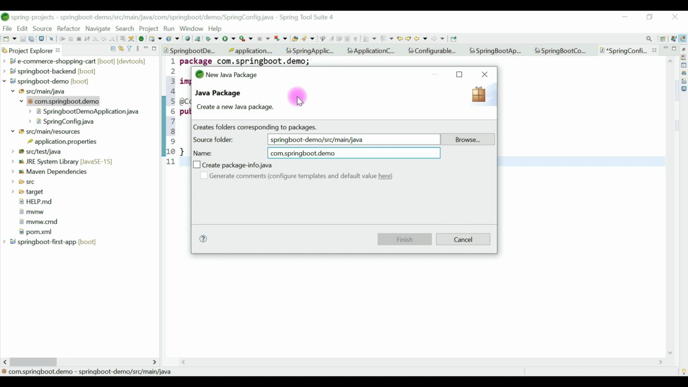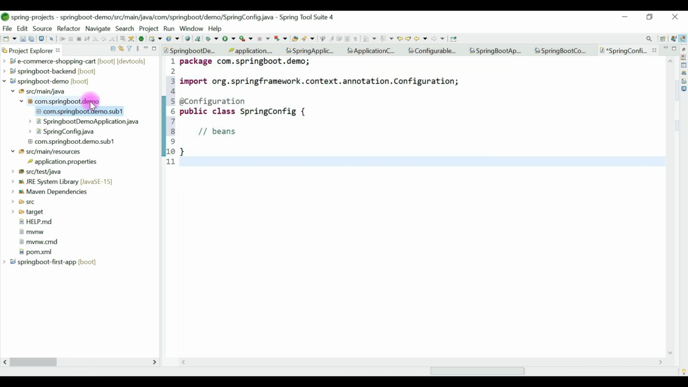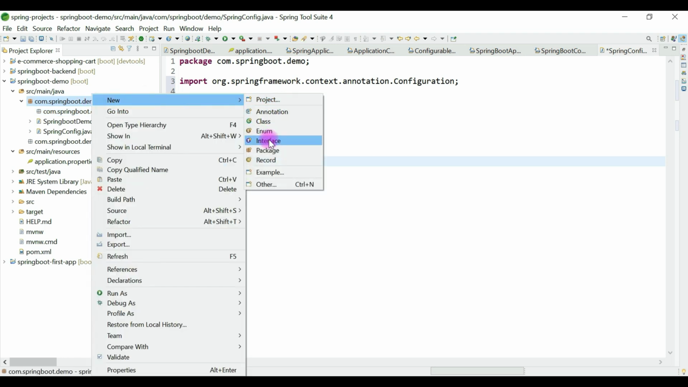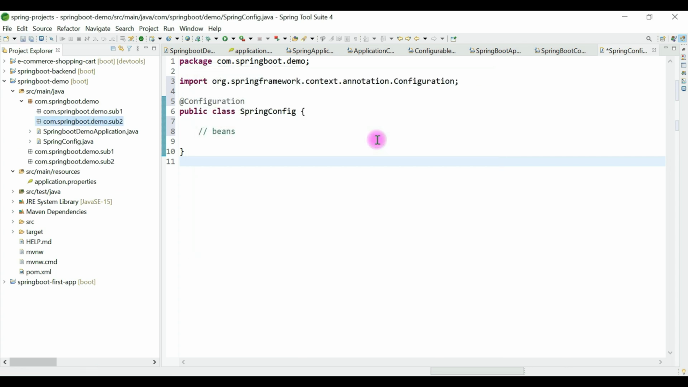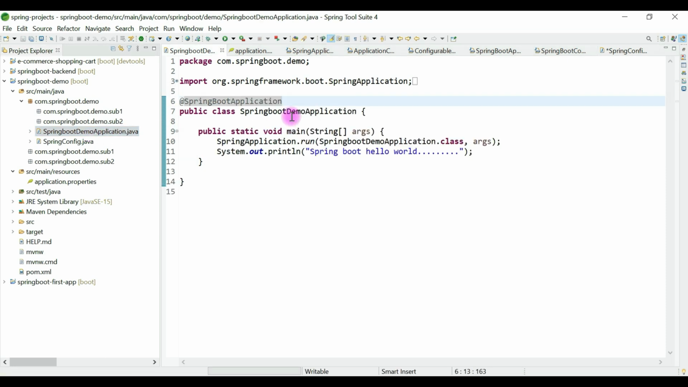Let's say sub1, and let me quickly create one more package. Let's say sub2. Okay, and as we know, this entry point class, that is the Spring Boot application entry point class, is annotated